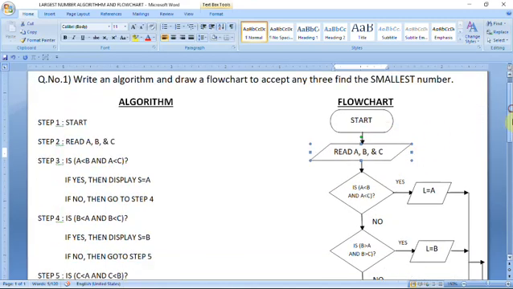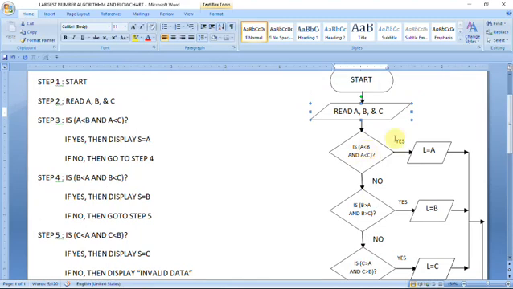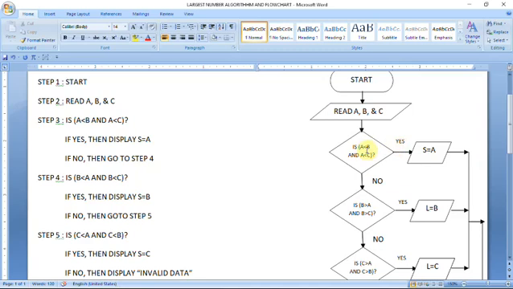Next you can see here, this is called the decision making box. This is called the diamond symbol. Inside the diamond symbol you have to give the same condition that you have written in the algorithm, and I wrote the same condition inside. Here we are going to find the smallest number, so we have to give a variable name. This is also one kind of variable. While learning about programming language, you will understand what a variable is and what a constant is. Here you have to understand this is also one variable, s equal to a, because s means the smallest. If this condition is true, then smallest number equal to a.